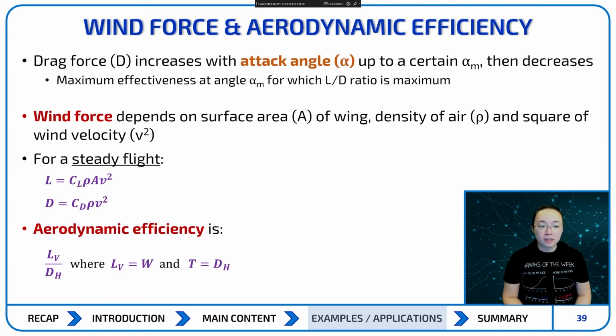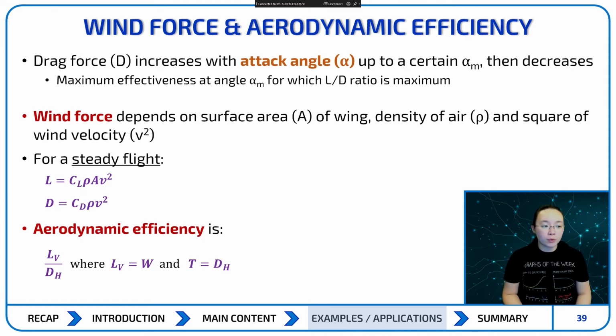The maximum effectiveness is at angle alpha m. What we're going to try and find is if your L over D ratio is at a maximum, then that is going to give you the maximum effectiveness at that specific angle. So moving forward,